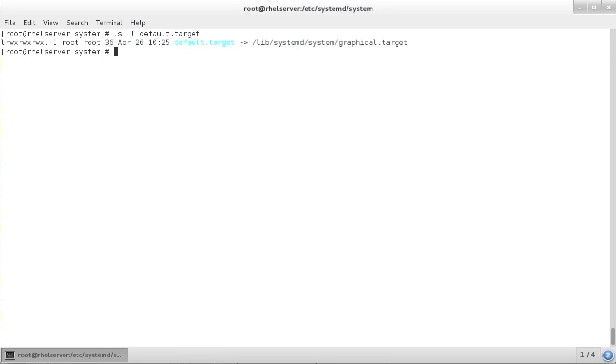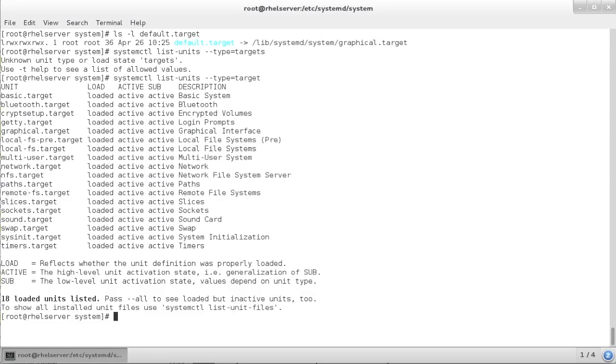Also, if you want to find out which targets are currently active, well, systemctl list-units --type=target will do the job for you. So the interesting thing here is that you see that multiple targets are currently active, and that is also something that is specific to systemd. It is not so that your entire operating system configuration is in one target. Targets can just work together, and this working together is also something that you can further define, which is in